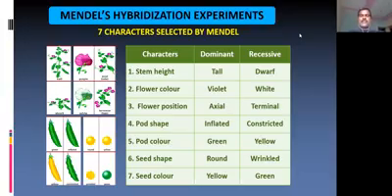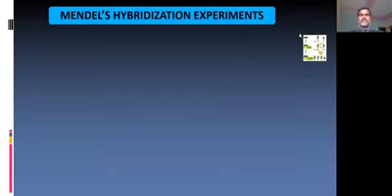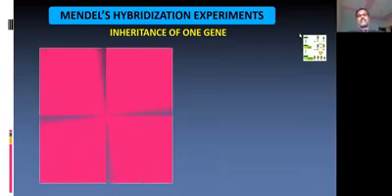Pod shape, dominant was inflated, recessive was constricted. Pod color, dominant was green, recessive was yellow. Seed shape, dominant was round, recessive was wrinkled. Seed color, dominant was yellow, green was recessive. These are the characters he selected for his experiment. And accordingly, one of the experiments that he conducted is